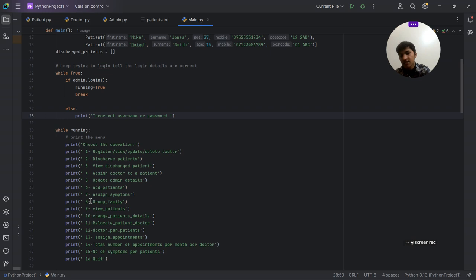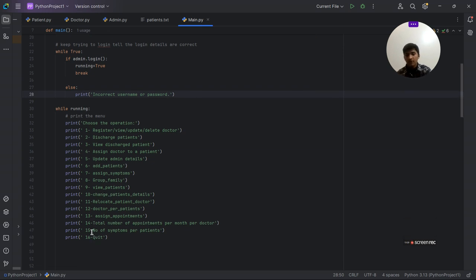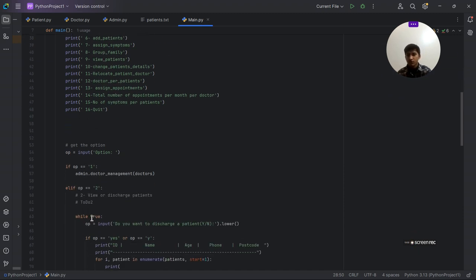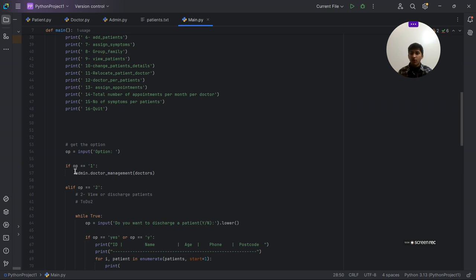9, view patient. 10, change patient details. 11, relocate patient doctors. 12, doctor per patient. 13, assign appointment. 14, total number of appointments per month per doctor. 15, number of symptoms per patient. 16, quit. If the user types 1, admin doctor management, from here we can see